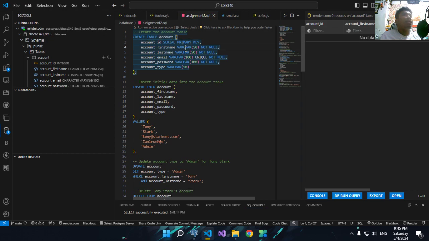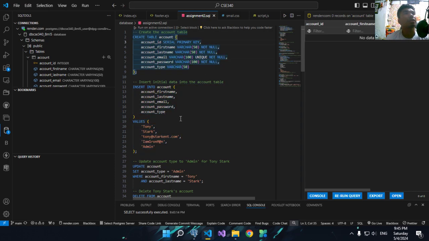After that is varchar, so it's a maximum of 50 characters, and the last name is the same, also the email, the password and type.